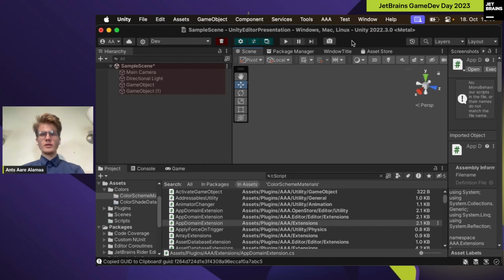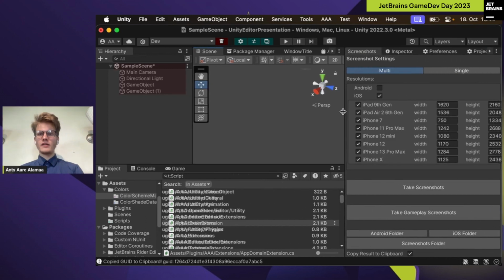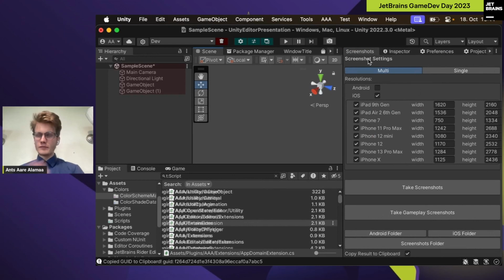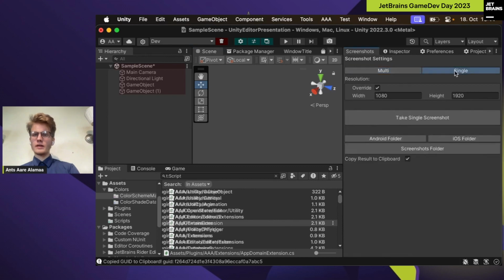They are also hooking into something. It's like the top bar thing. And if I click on here, it will automatically give me my screenshot tool. This is also a good example of what a custom editor looks like. I can have multiple tabs at the top. Maybe I want to be in single screenshot mode, specify the resolution here,